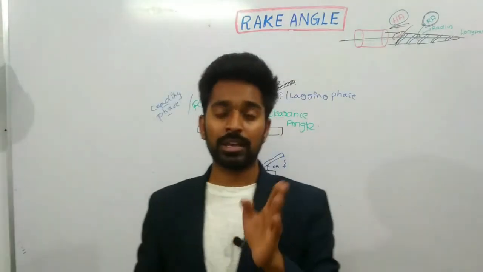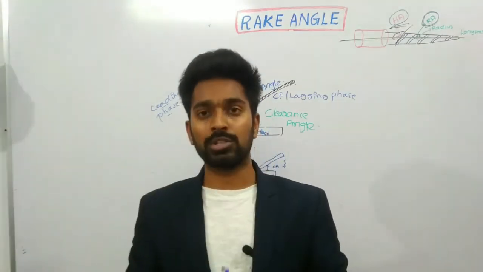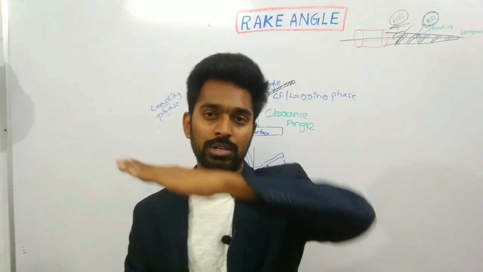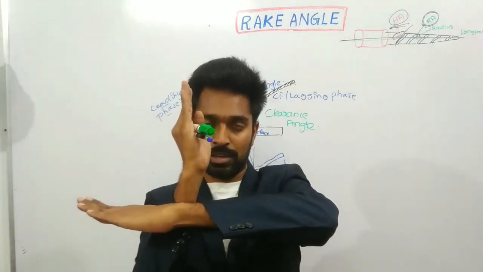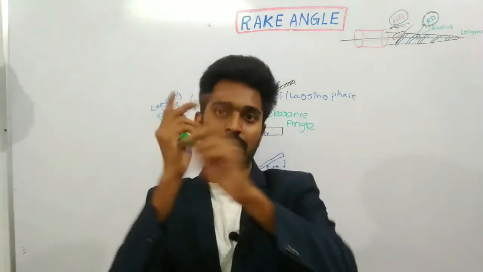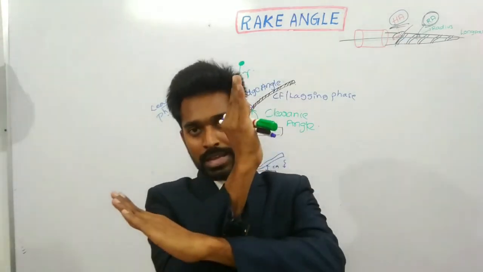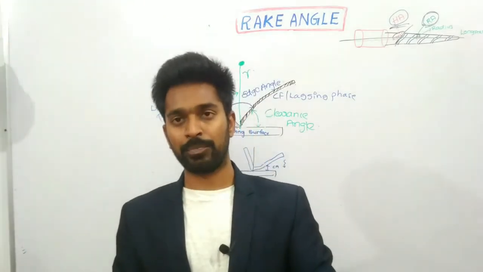If the rake face is behind the radius of the file, this is called a positive rake angle. Or in other words, if it makes 90 degrees with the cutting surface, this is called a zero rake angle. If it makes an acute angle, this is your negative rake angle, whereas if it makes an obtuse angle, it is called a positive rake angle.